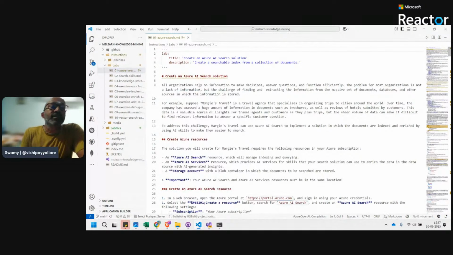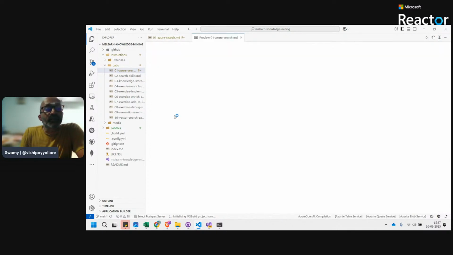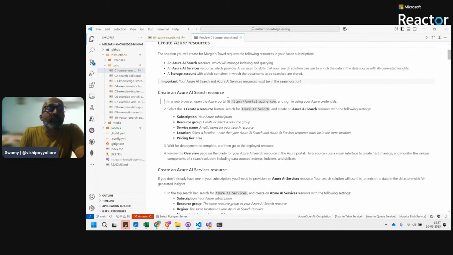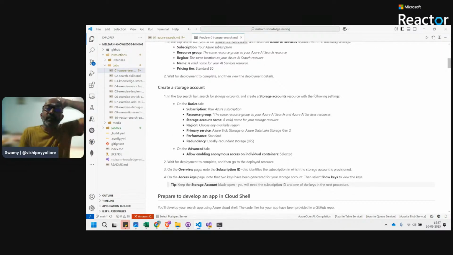And here, if you see, most of the piece we did through the portal itself. We wanted to create an Azure AI search solution. So we created a resource group, and inside the resource group, we created an Azure search solution, multi-service account, Azure AI service, and storage account. We just created that, and this is the search, and this is the multi-service account, and next is the storage account, and we have ensured anonymous access on individual containers.